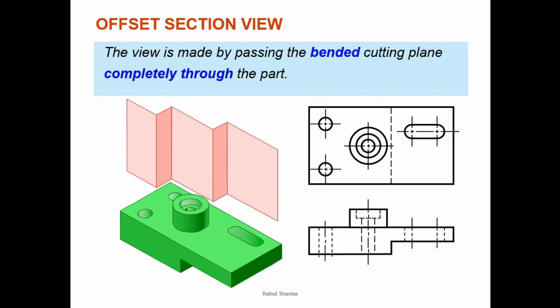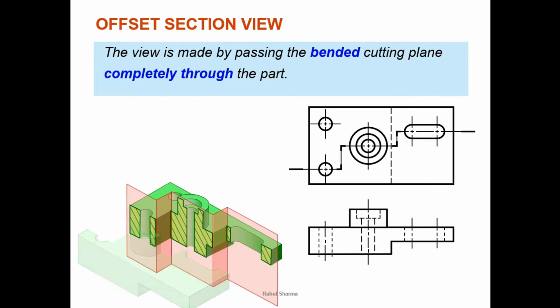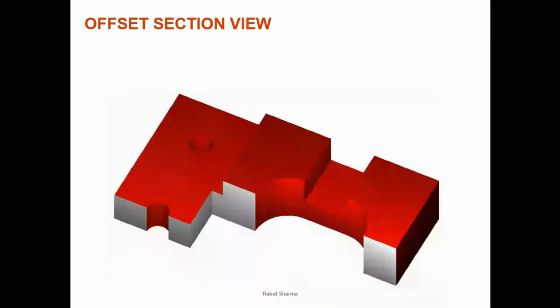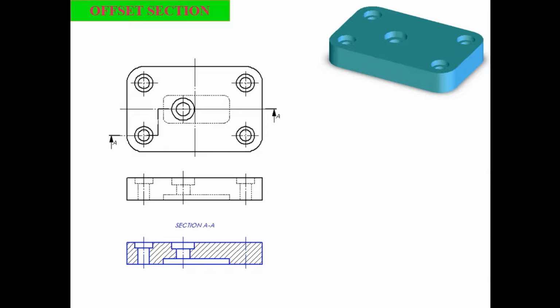Now we use this type of section plane having more than 190-degree bend. Half sectioning was having a 190-degree bend, offset is having more than 190-degree bend. We cut the object like this. Now you can see a number of parts are in the sectioning and we can show the internal shape very clearly. All the hidden lines become object lines and we do the hatching, following all the rules of sectioning as well as hatching. Now this is the same object, you can see the same for offset sectioning. This will be the change.